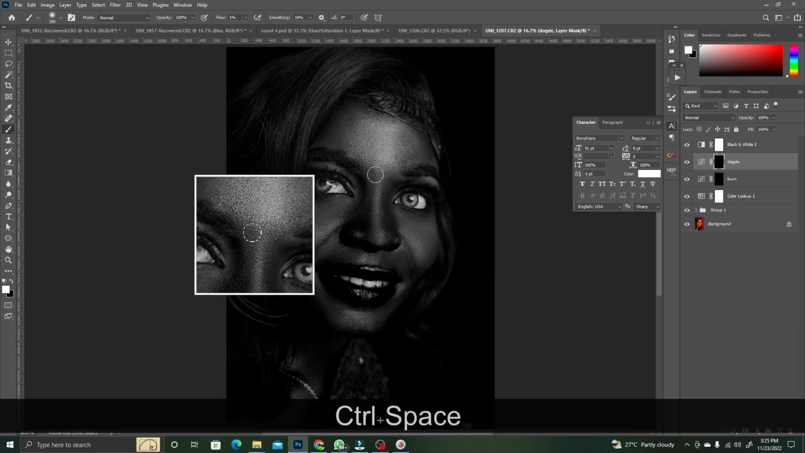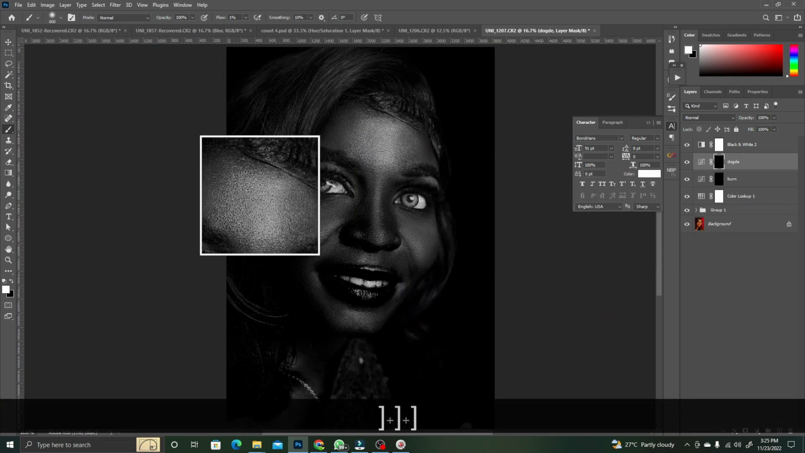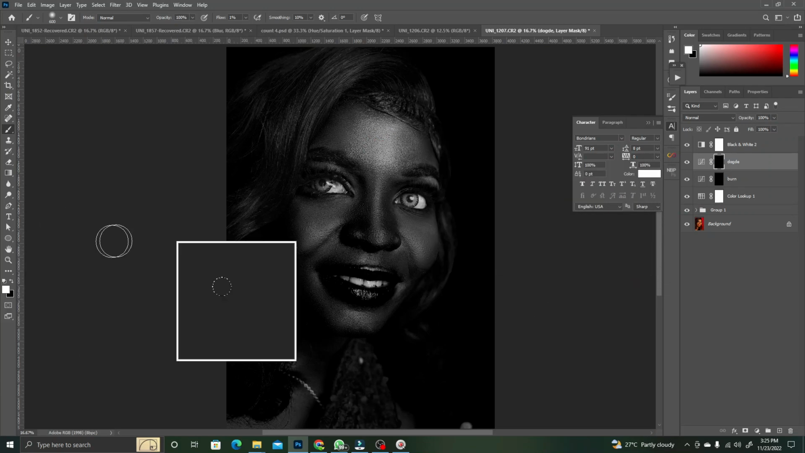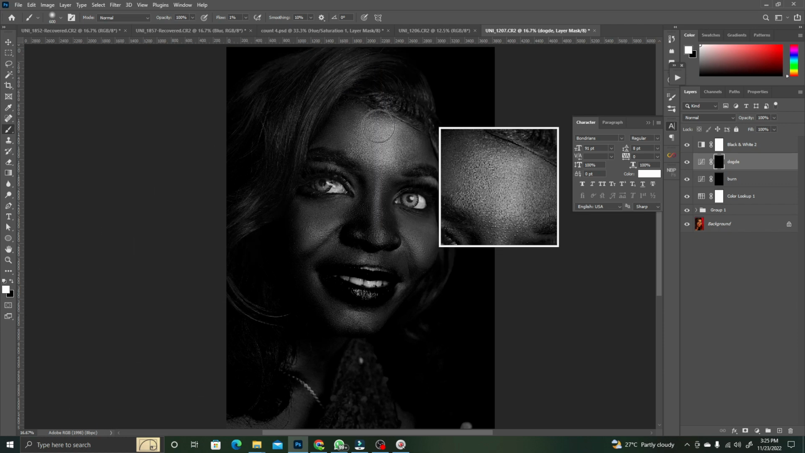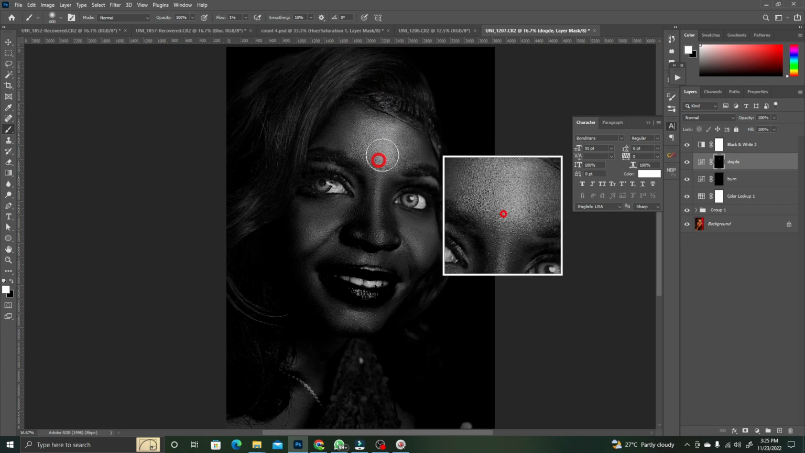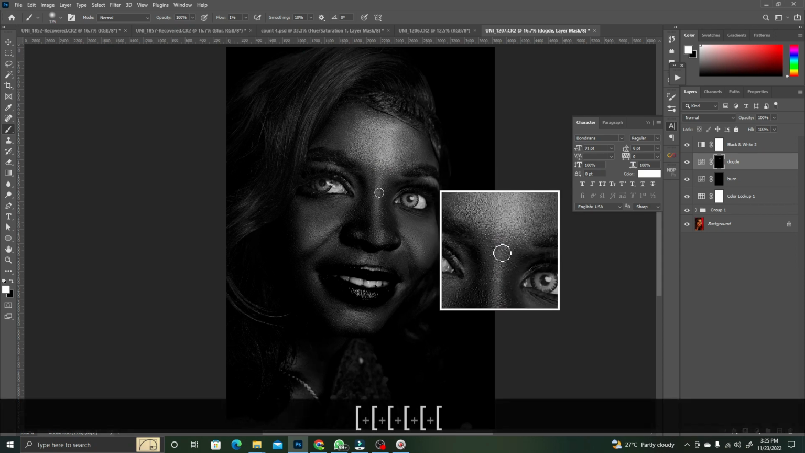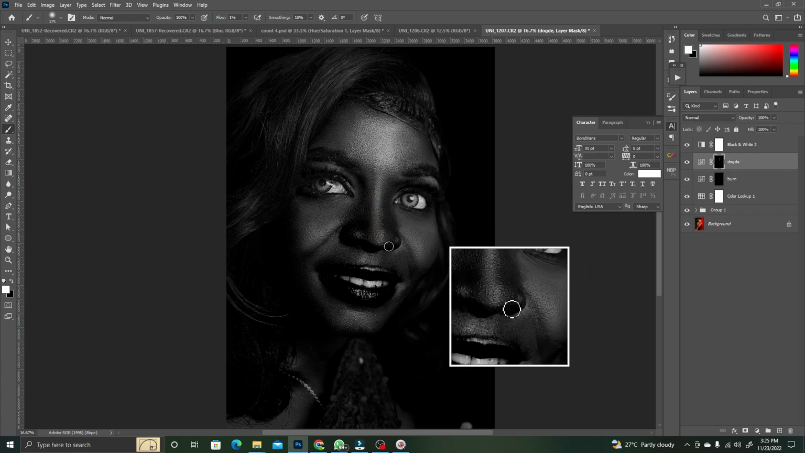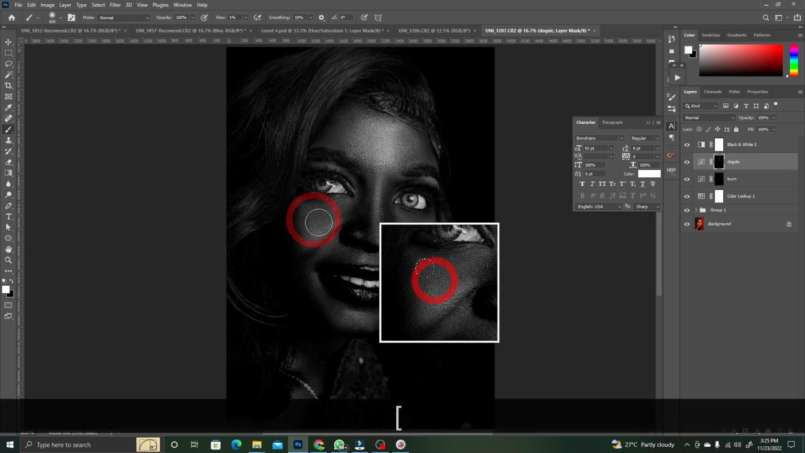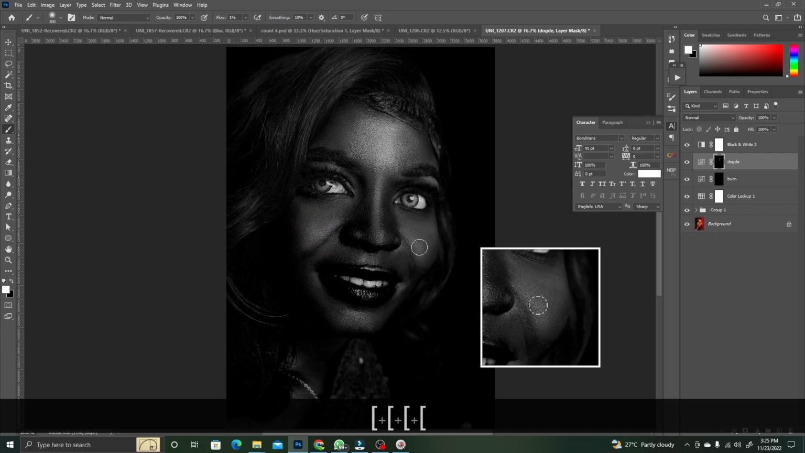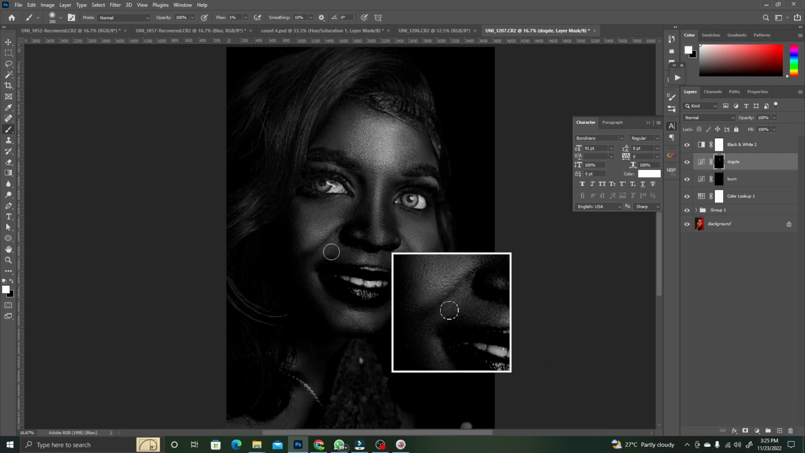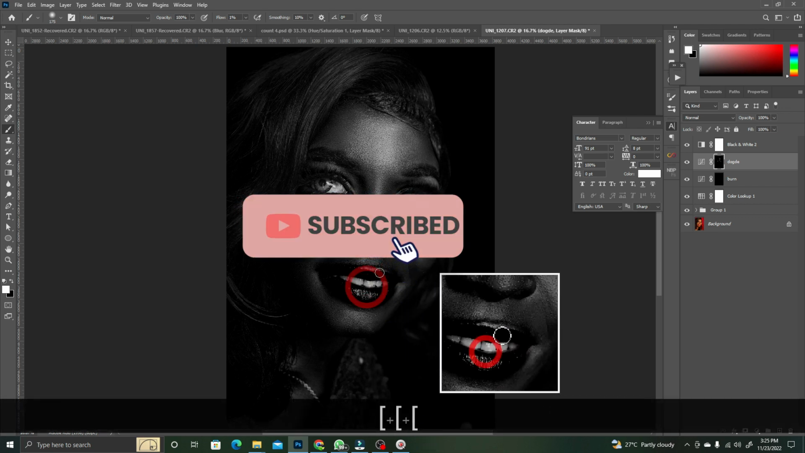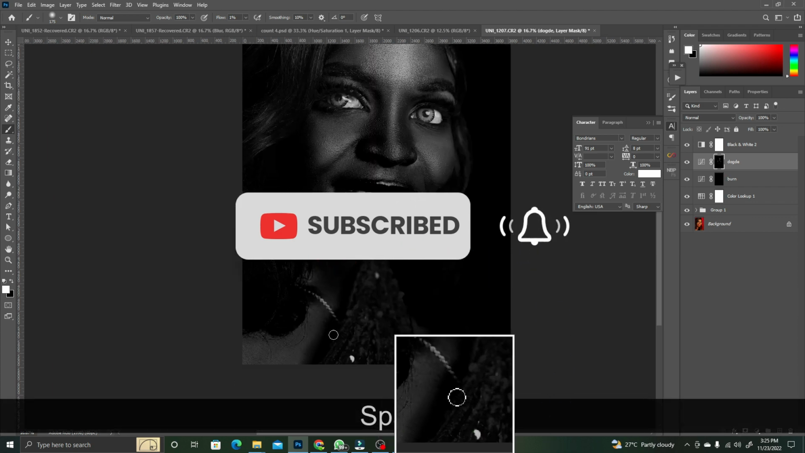Then I'll start with the dodge. The dodge simply means that where you see highlight, you begin to paint. So since it's a black mask, we have to use a white brush. Okay, so we start from here. It will look like it's not working, but trust me, it's working. So we apply here, then we come here, we apply here. Okay, so wherever you see that there is light or a highlight, you apply the